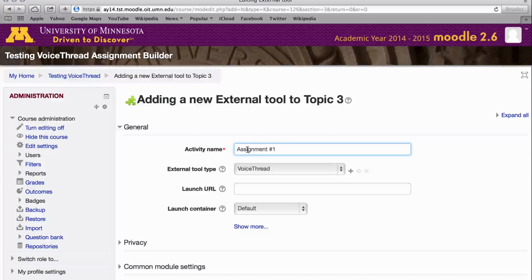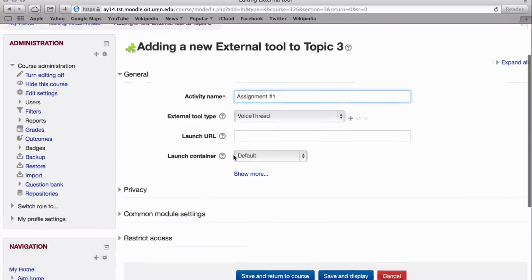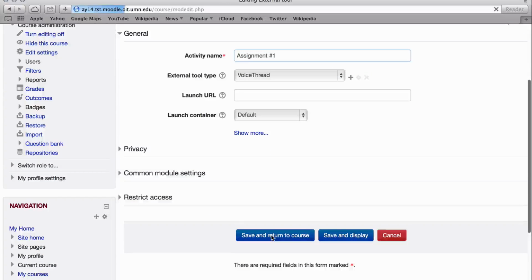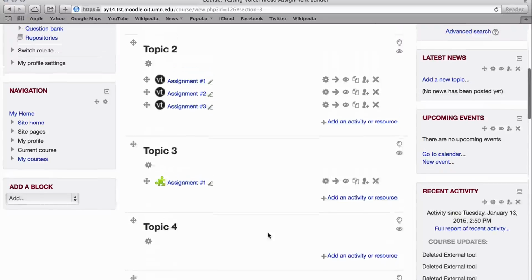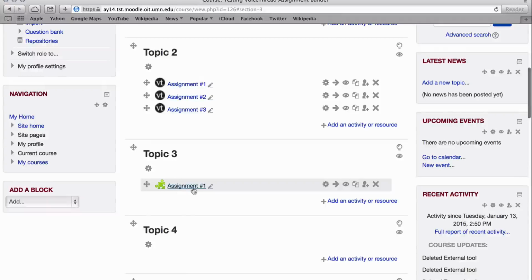Just give it a name if you would like to, or you can just leave it as VoiceThread. And then you can come down and go back to your course. And that creates the new link for you right there. Now you can also include an icon. For example, I have put a VT icon next to these. You saw that earlier I didn't add an icon and it just gave me this puzzle piece. But if I go back in and I edit this link,